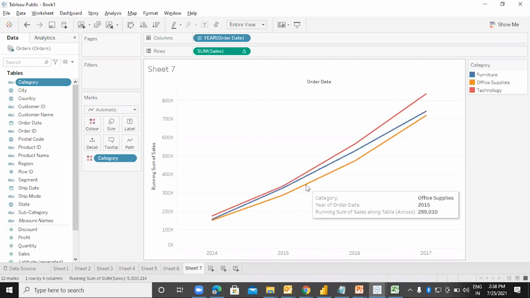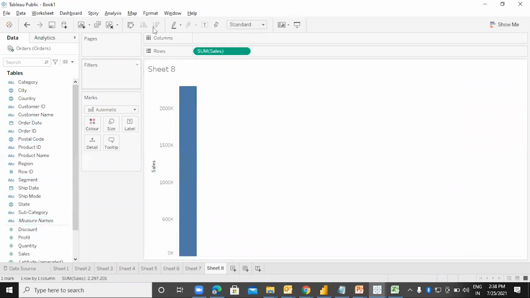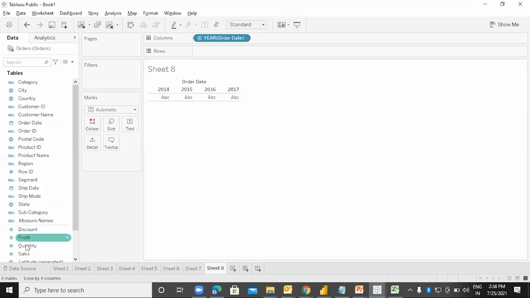We are just displaying the cumulative over here. A better way of representing the data as per the requirement. So that is known as running total. Let us take one more example over here. Let me take the order date and the sales.